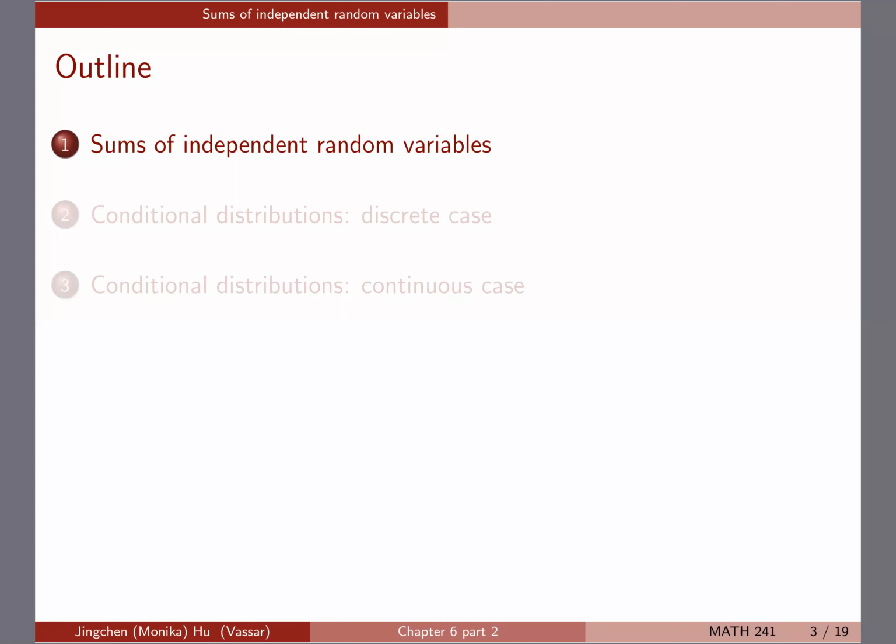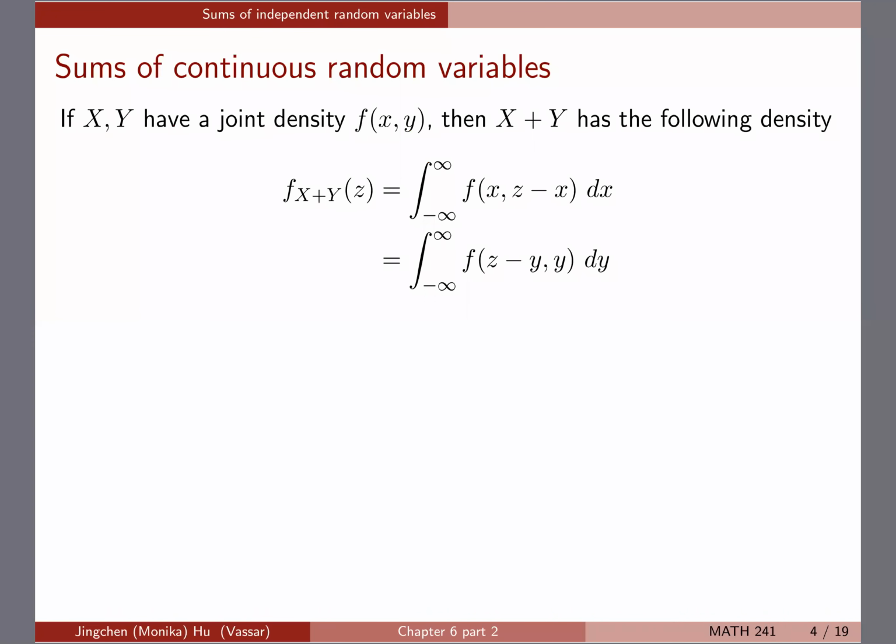The next topic of chapter 6 is how to work with sums of independent random variables. We're going to first look at, for a sum of two continuous random variables, how we're going to work with it. If you have X and Y, they have a joint density f. Then if you're curious about the sum of X and Y, so we write X plus Y,